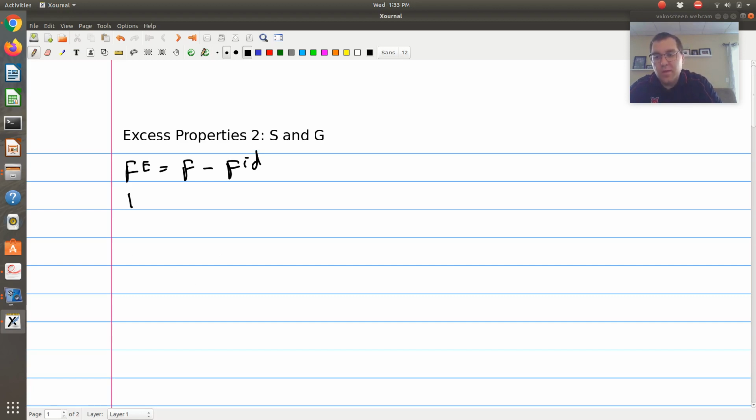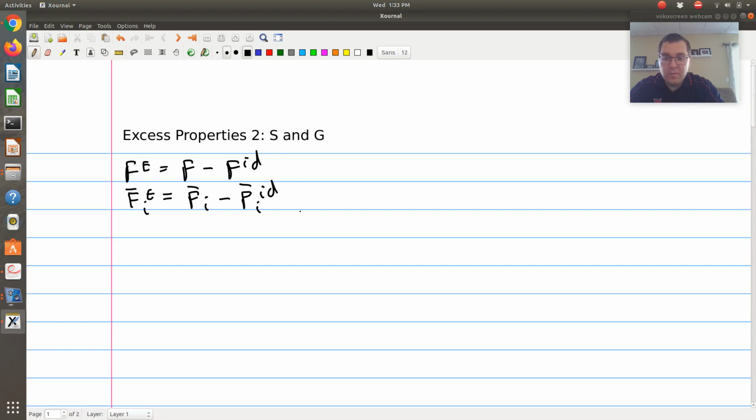Okay. And likewise, we saw that partial molar F of component i, excess, is actual relative to that of an ideal solution at the same conditions. All right, so excess is actual relative to that of an ideal solution. So something will pop out when we look at entropy and molar Gibbs free energy. So spoiler alert, but just to make you aware, so that when we see it, we'll draw attention to it,